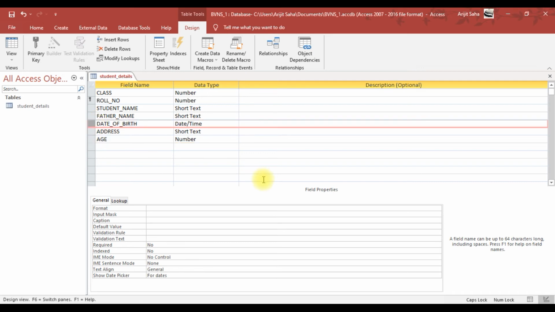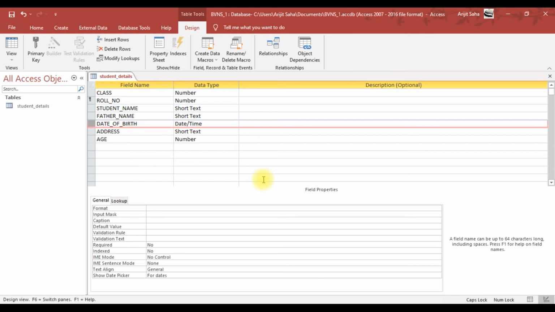So these are the things we need to know about creating a table in Design View. We learned about data types, how to create a table in Design View, how to set field properties, about primary key and how to set it, adding a field, deleting a field, and moving a field.